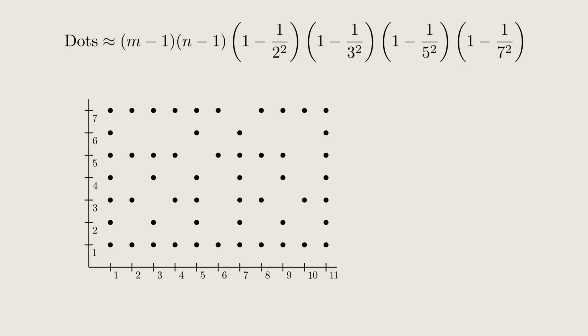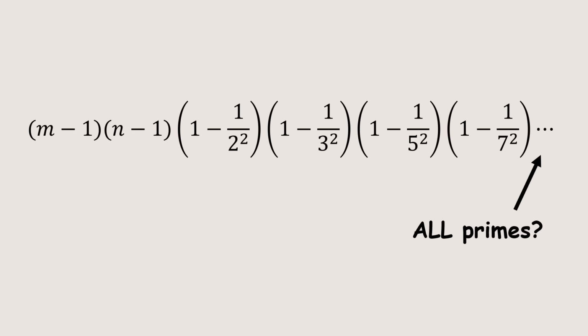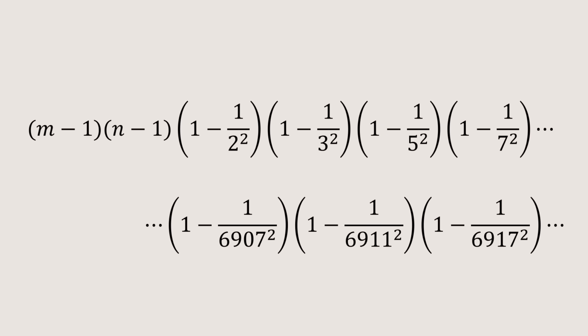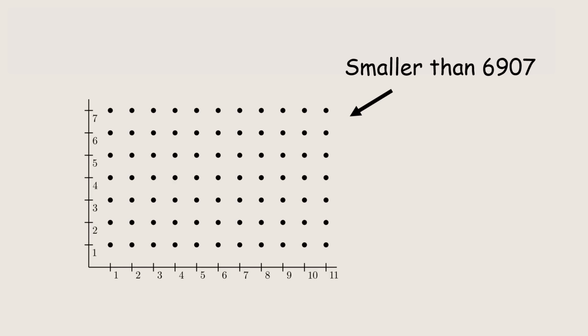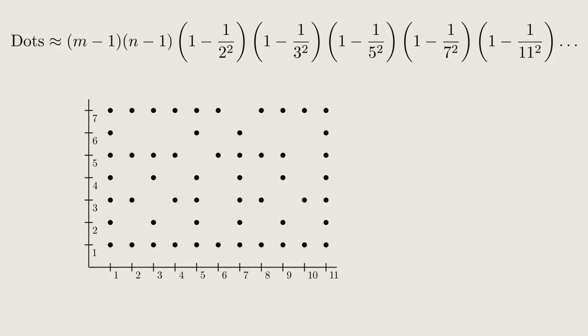And when we are done, we can safely say that the dots left have no common prime divisors between x and y. But the thing is, if we do this for all primes, we're kinda overkilling it. There are going to be lots of primes larger than the grid size, so that there are no dots in the grid whose x and y are both divisible by that prime number. And since we are multiplying all these fractions because we've accounted for them, the result on the right side ends up being a bit smaller than the number of coprime points.